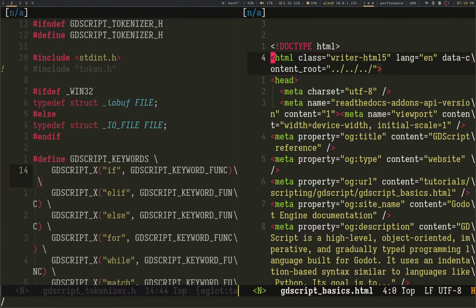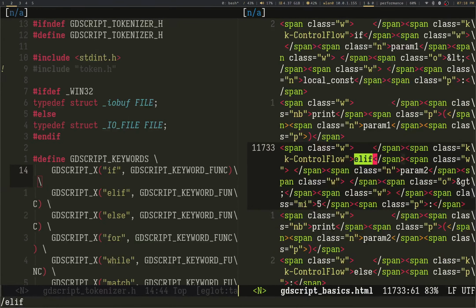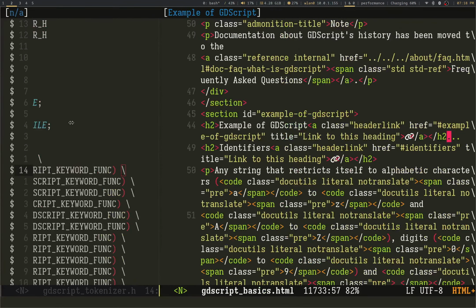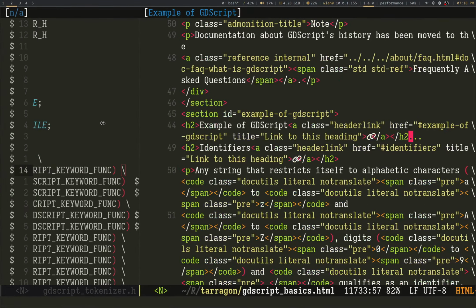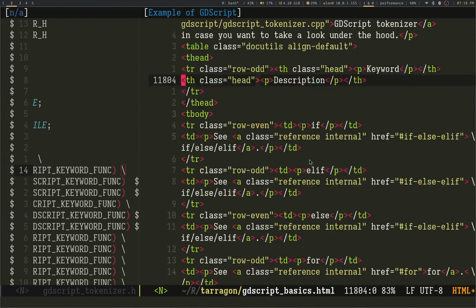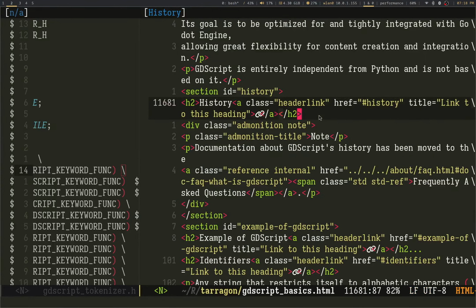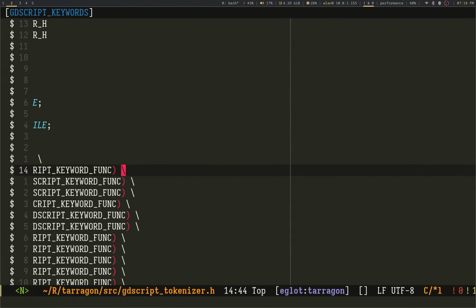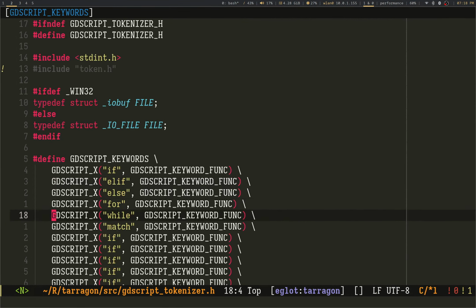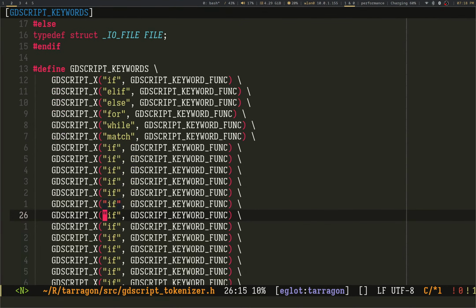Here we go, and I can just search for elif. That would probably give me a... Wow, this is terrible. Never mind that, I'm just gonna thug it out. Elif, match, while, match, and so on.